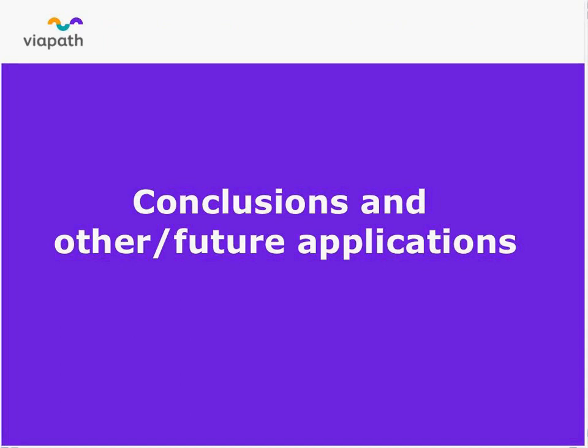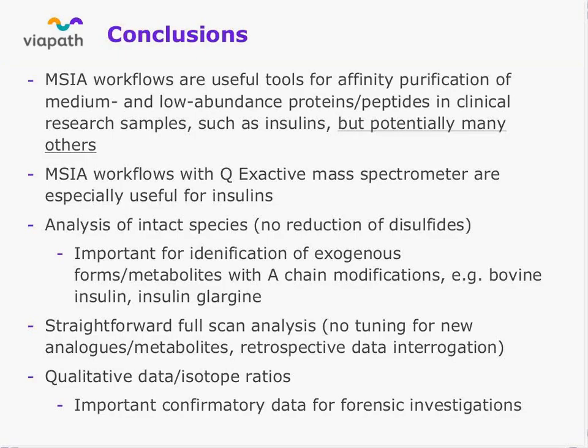So that's where we are with the insulin. Just to conclude and perhaps think forward, the MESA workflow I think is actually a really useful tool. The affinity purification means that we can get down to very low concentrations, so for insulin it's very useful. Certainly it's fair to say that for some proteins and peptides you don't need to carry out such enrichment because the concentrations are much, much higher, but for some of these certainly low but perhaps even medium abundance proteins and peptides, many of which are proteins that we measure routinely in clinical samples on a daily basis, it could be